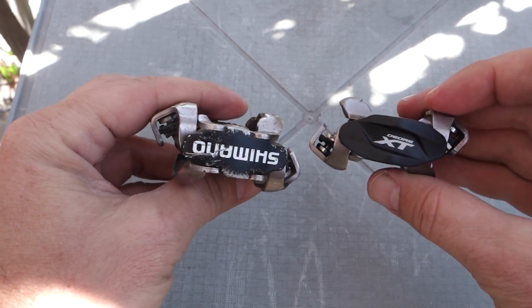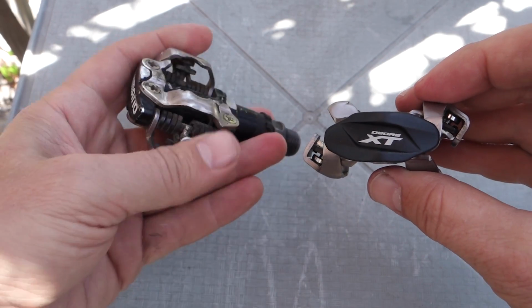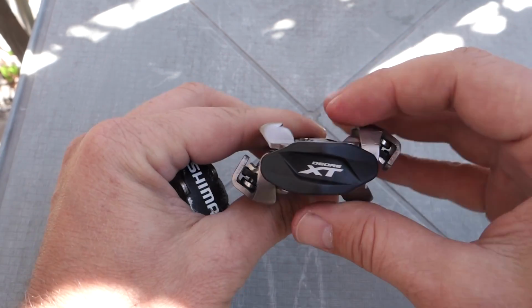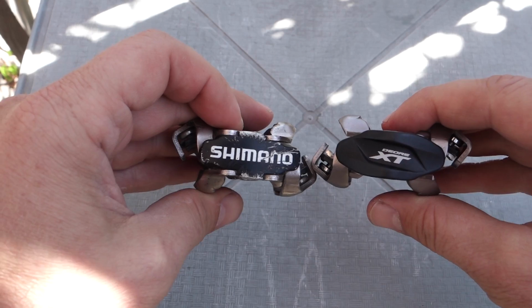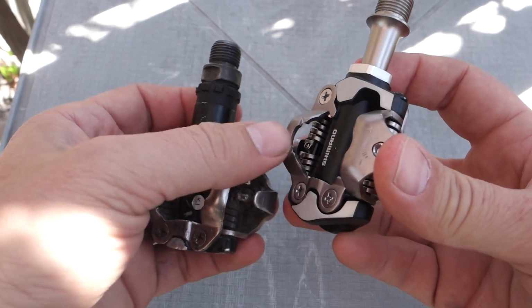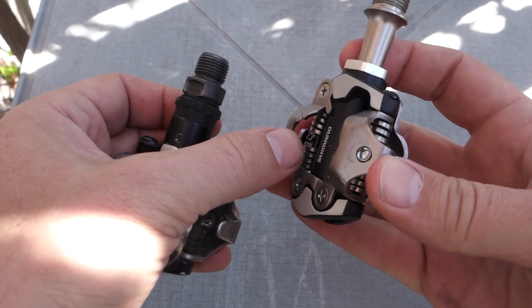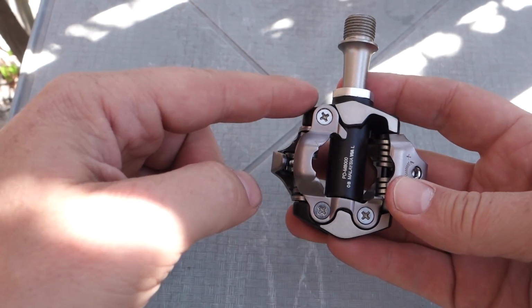Anyway, just by looking at the M520, for example, you can see how the XTs are actually a bit thinner overall, so they're not as thick here. That will give you more pedal clearance, so hopefully fewer pedal strikes when you're riding these. They clear mud quite alright, given all these openings here, as opposed to the trail ones,